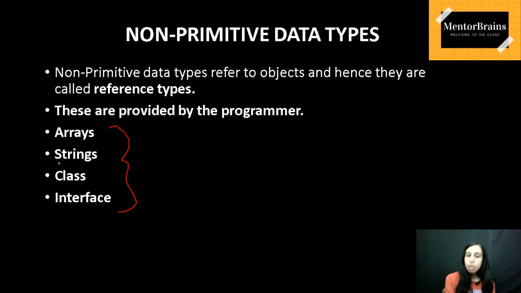But for now, you have to understand that non-primitive data types are different from primitive ones, because non-primitive data types are derived data types, and they have been derived from our primitive data types. And these are classified into arrays, strings, class and interface. Clear? So for today I'm going to end my lecture here, and we'll be going further into data types, and also understand each and every data type as we move on to our classes.